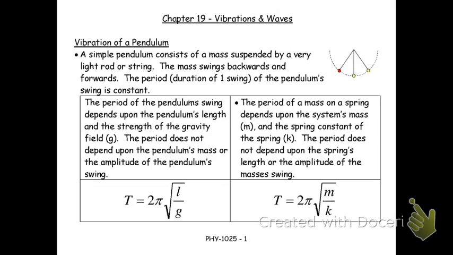Things tend to swing backwards and forwards with a steady rhythm. Another classic example is the mass on a spring. A mass on a spring oscillates backwards and forwards with a steady rhythm. If you play with an oscillator, then you learn a few things. You learn that some things affect the frequency of oscillation and some things don't.